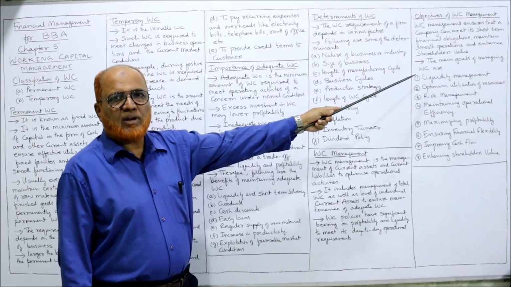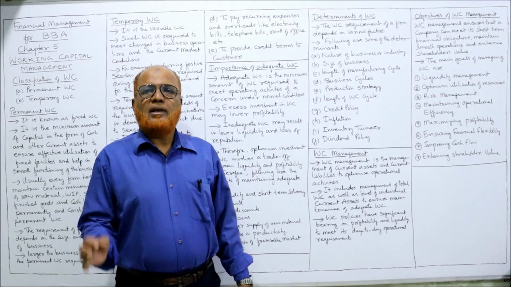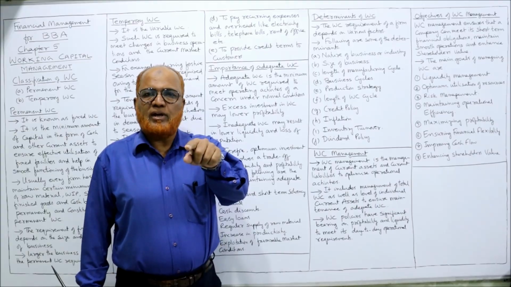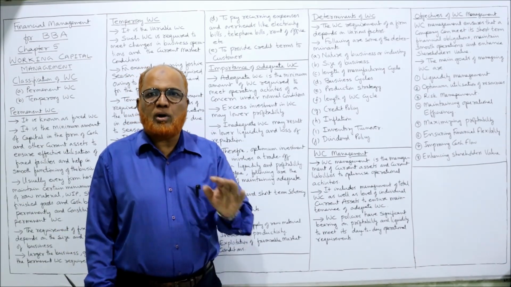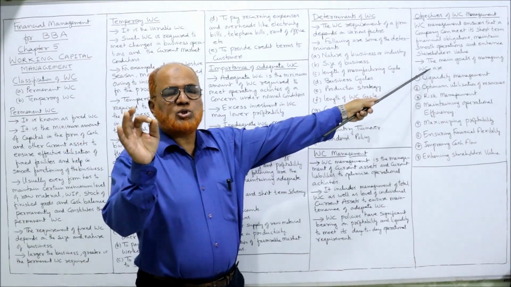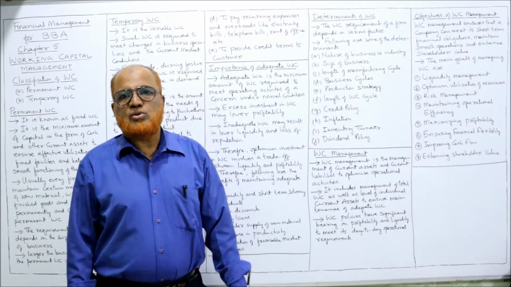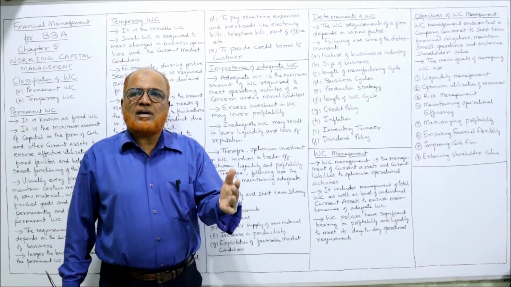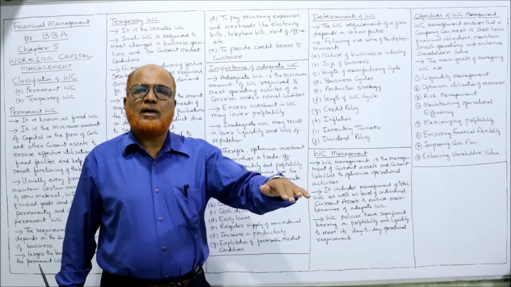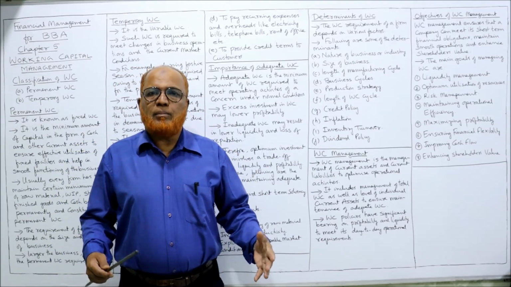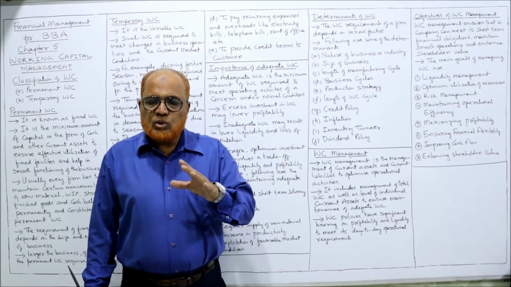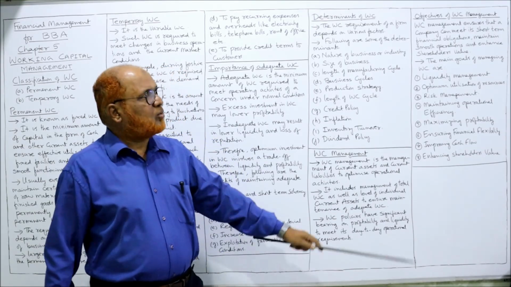The main goal of managing working capital is liquidity management. Liquidity means the ability of the business to pay the current obligations on time. If your business liquidity is good, you will be able to pay your bills on time. So that is the main objective, that our liquidity position should be good. Next, optimum utilization of resources. The fixed facilities we can utilize only when we have working capital. For example, if we don't have working capital, how can we maintain the machinery or the other fixed assets? It will be difficult. That's why, to utilize the fixed assets, we must have sufficient working capital.